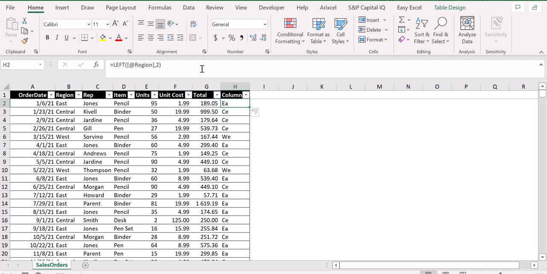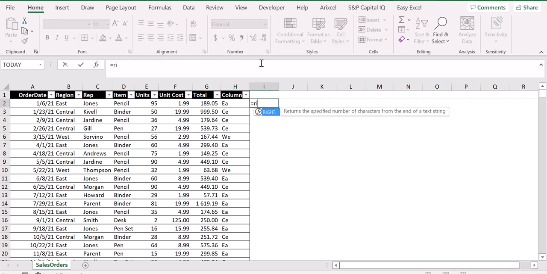As you can imagine, the only difference with the RIGHT function that we are going to create right now is that we are starting from the right of the cell. So in this case, instead of starting from the E, we would have started from the T. Let's try to insert a RIGHT function here the same way. As you can see, the first element is the cell, so we go back to the region, then we insert our comma and tell Excel the number of characters we are interested in extracting. Also here, let's start with 1,